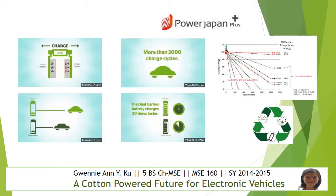The dual carbon design used in the battery, combined with an organic electrolyte, allows for a separate current flow within the battery. Positively charged lithium ions flow to the anode, and the negatively charged anions flow to the cathode. This shortens the distance of current flow within the battery, allowing for faster charge and discharge. Because of this, they have made a balanced equation between cost, reliability, and safety, with performance which is compromised with